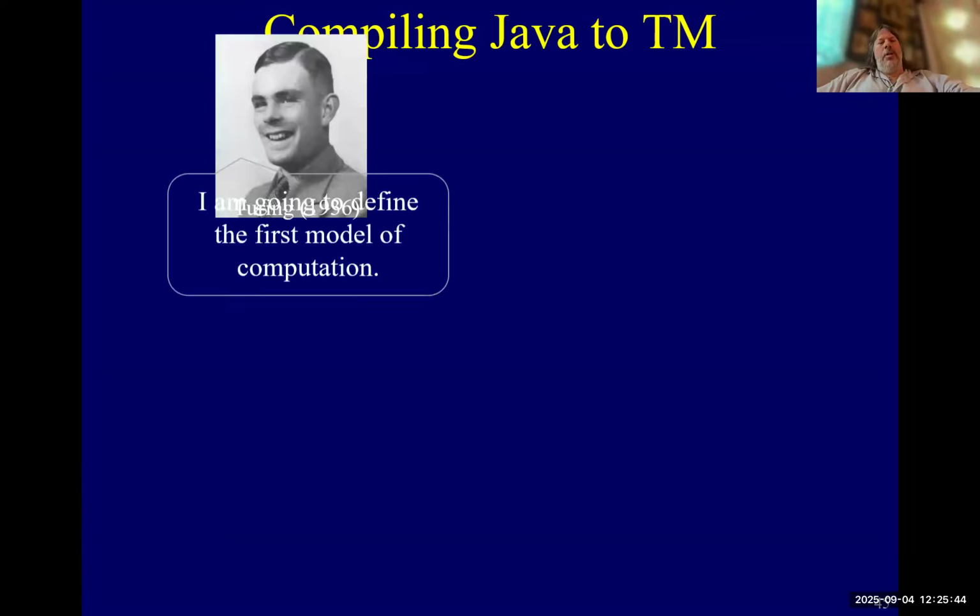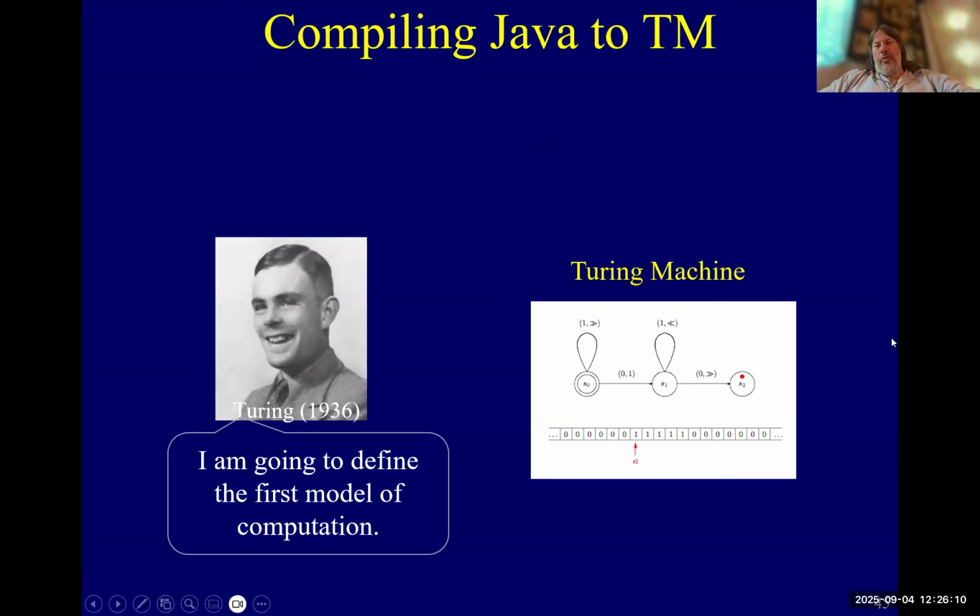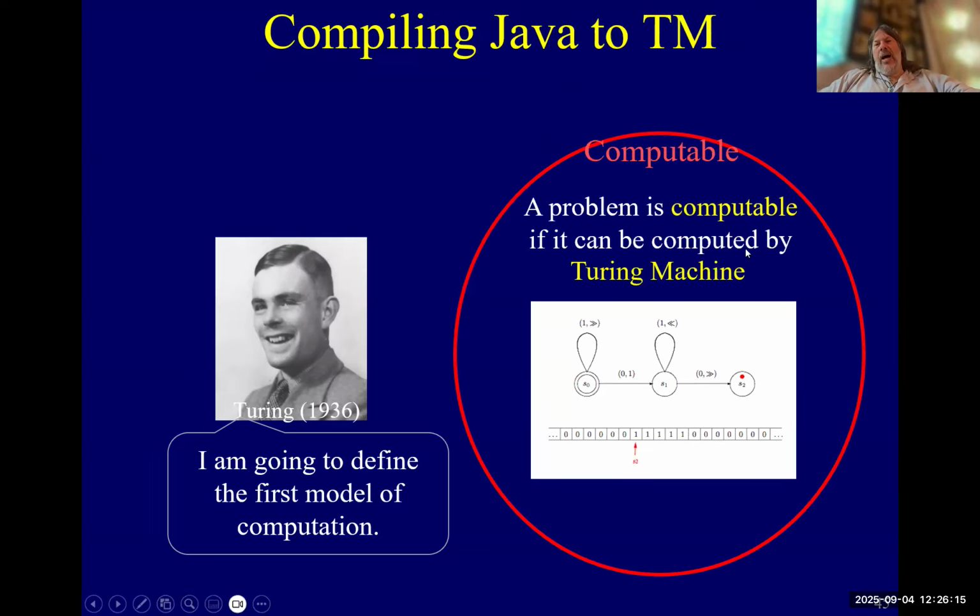All right. So let's first get a sense of what we're going to try to do. We're going to define two models of computation. One is Turing machines and one is Java, and we're going to prove that the two models of computation are equivalent. So Turing is going to define a model of computation. Here it is. There's a Turing machine. We're going to define it probably later today. And then remember